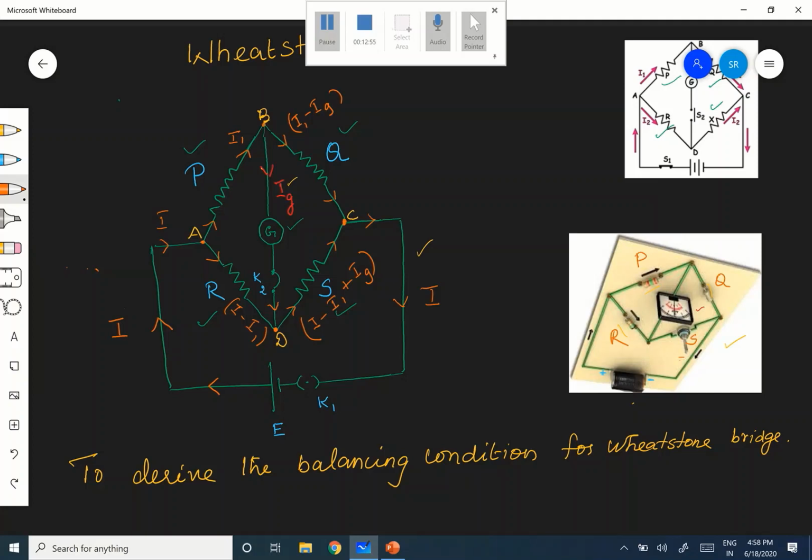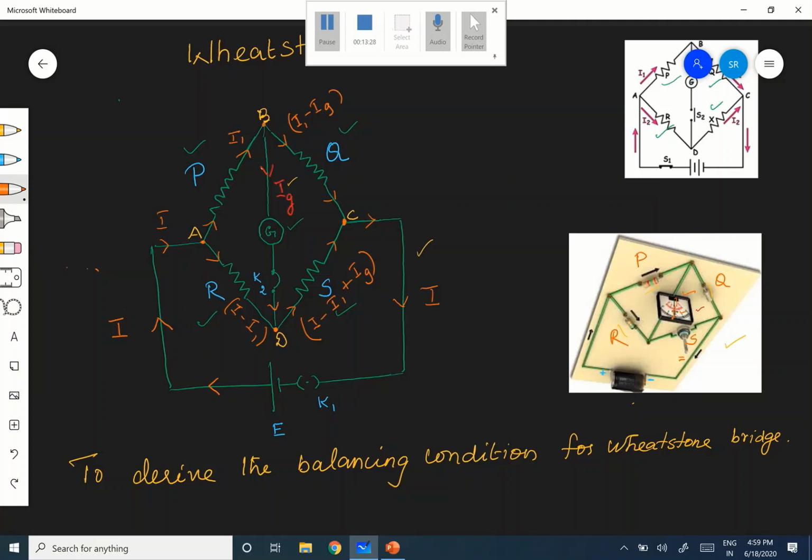Here you see it is a variable resistance, so you can adjust it. What is this? This is the galvanometer. The galvanometer shows null deflection, at the center it is there now. So you have to adjust the resistance so that the galvanometer shows null deflection. When the galvanometer shows null deflection, you can say that the bridge is balanced. The bridge is balanced. Are you following?